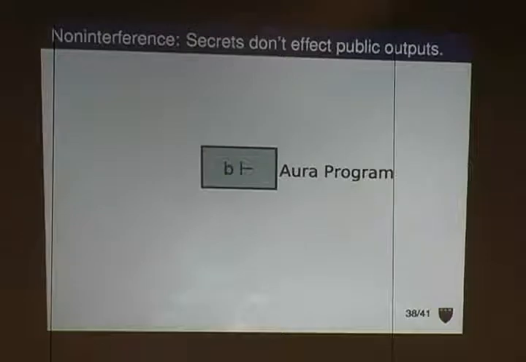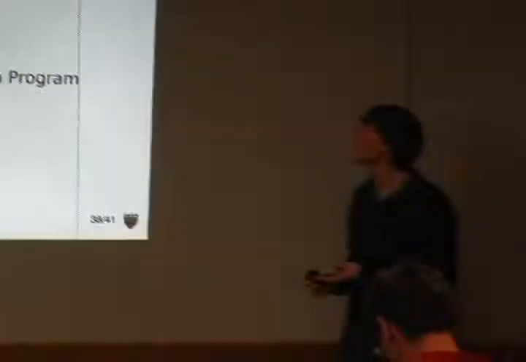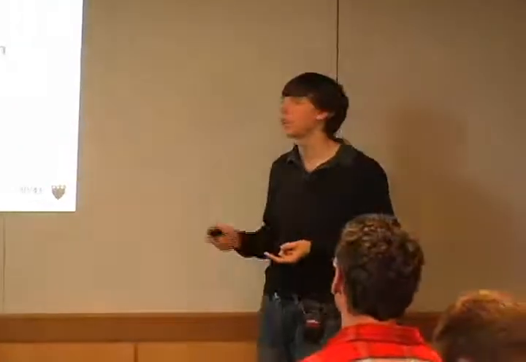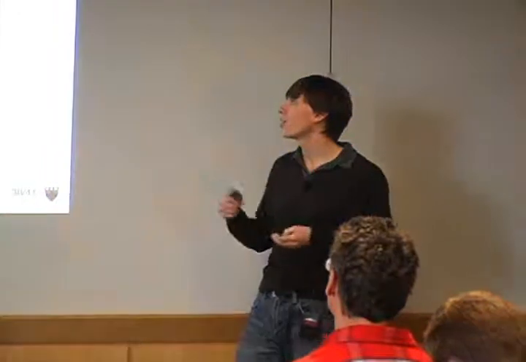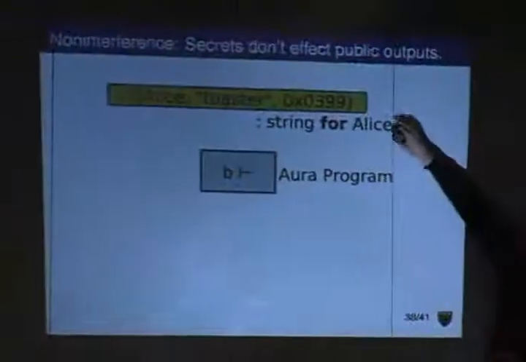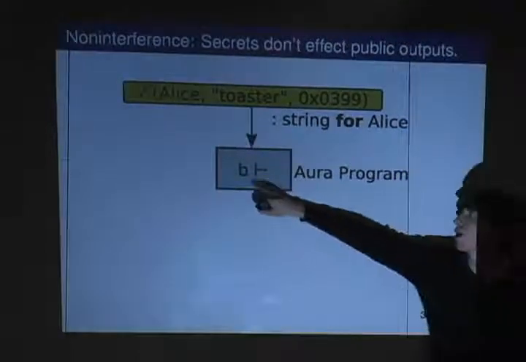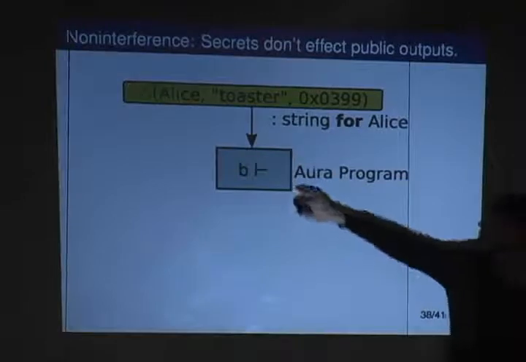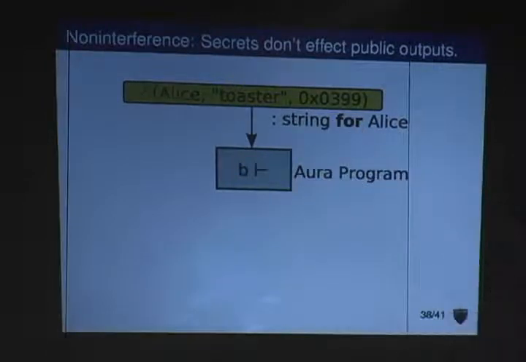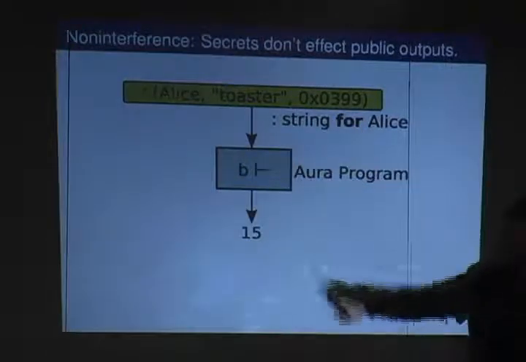So it's a lot of work to do that. And the question is, what do you get? Well, you get two things. First of all, you get this ability to audit decryption failures. And secondly, we get a non-interference property. And what non-interference means is we are going to run a thought experiment. So we take some secret that's a string for Alice. We put it through an Aura program that has Bob's key. So this program can't analyze that in any deep way. We'll get an answer. We'll get 15.